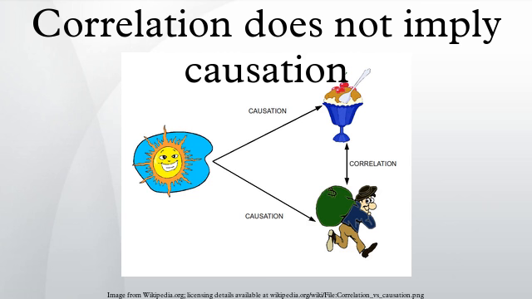Example 1: the faster windmills are observed to rotate, the more wind is observed to be. Therefore wind is caused by the rotation of windmills. In this example, the correlation between windmill activity and wind velocity does not imply that wind is caused by windmills. It is rather the other way around, as suggested by the fact that windmills need wind to rotate. Wind can be observed in places where there are no windmills or non-rotating windmills, and there are good reasons to believe that wind existed before the invention of windmills.